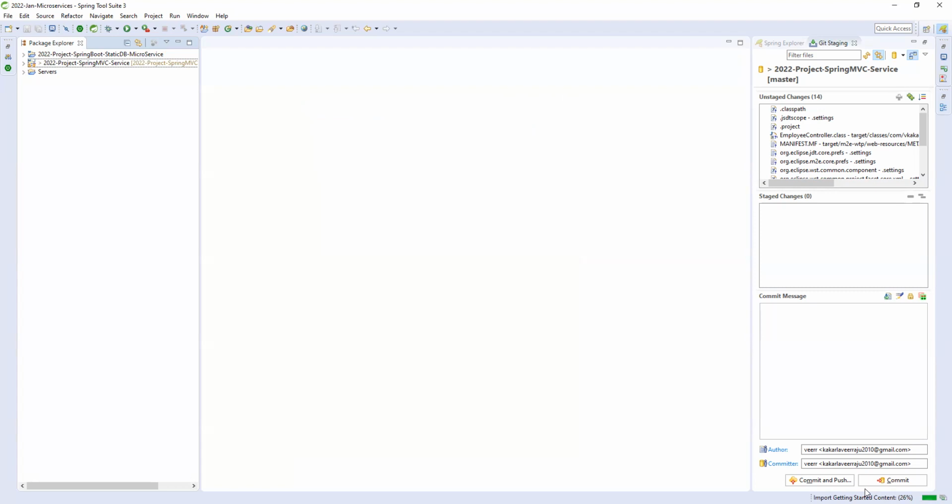Once it is preparing, the default folder structure will come, and we will create whatever steps we need. We forgot to add OpenAPI, right? I think we need to add OpenAPI. Okay, no issue, we will add it.